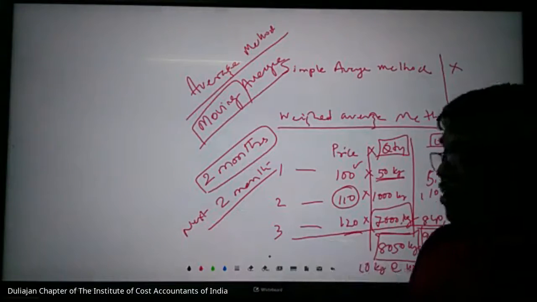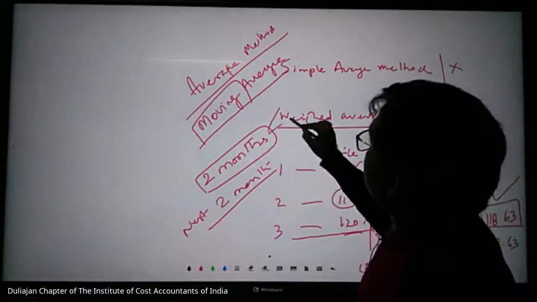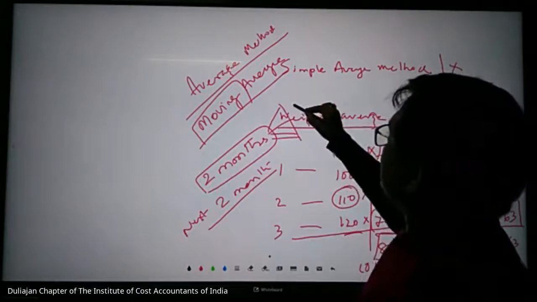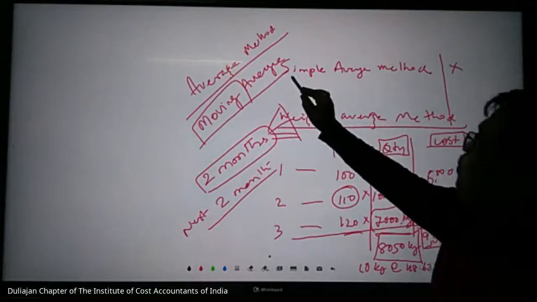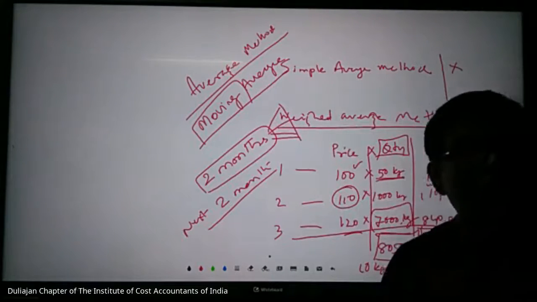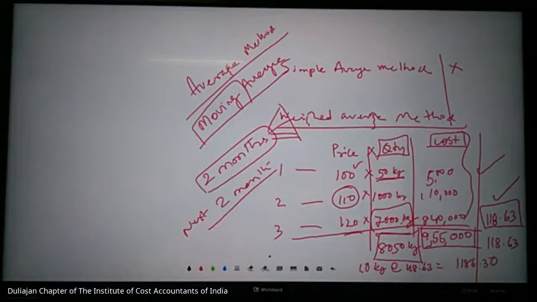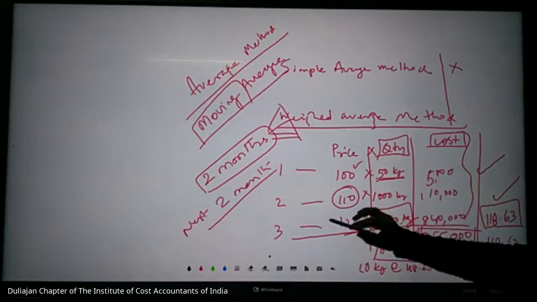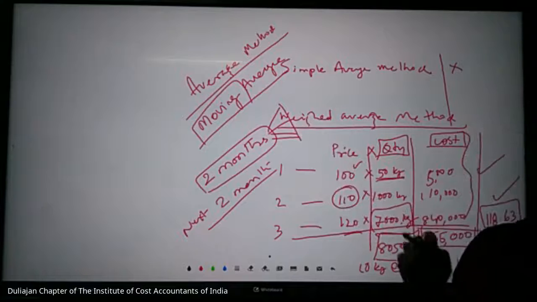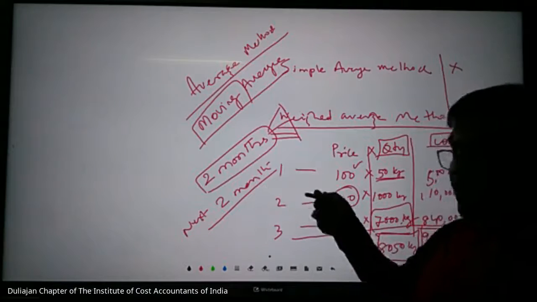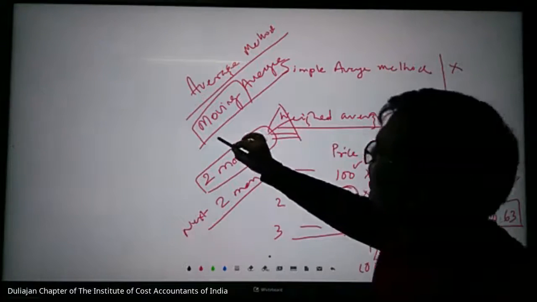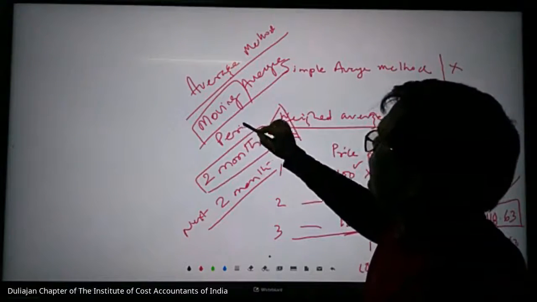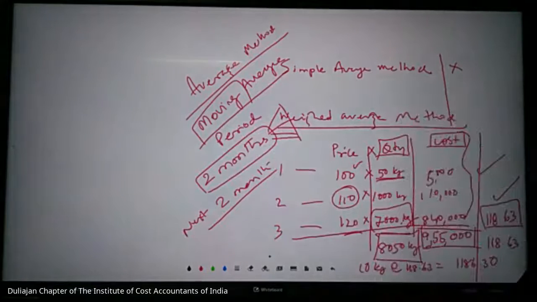So this is how I will take all the purchases here. Again it can be divided into two parts, moving simple average and moving weighted average. Same concept. In simple average, you just add only the prices, and in moving weighted average, moving means you are taking a particular period. For that period, what is the movement in the price? That is the difference.